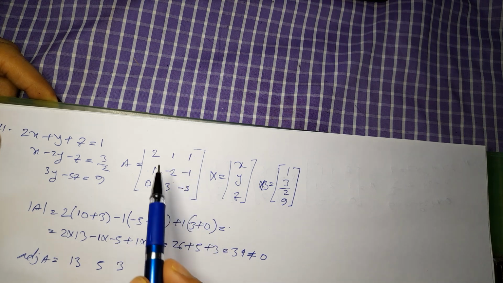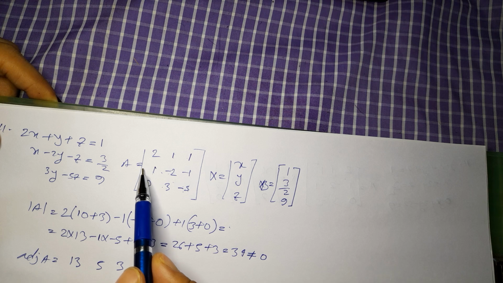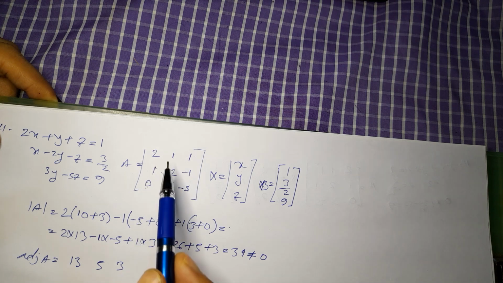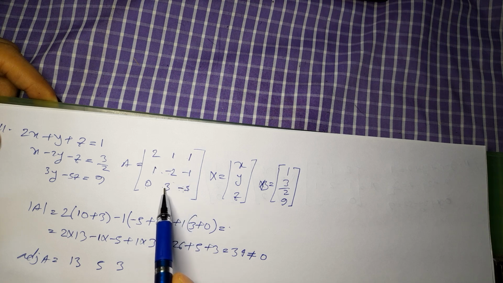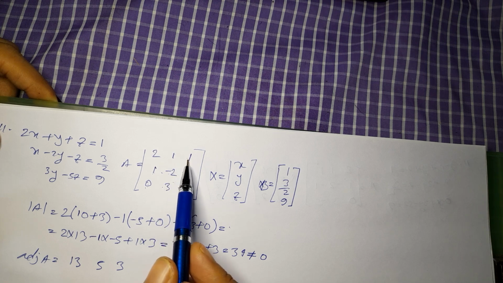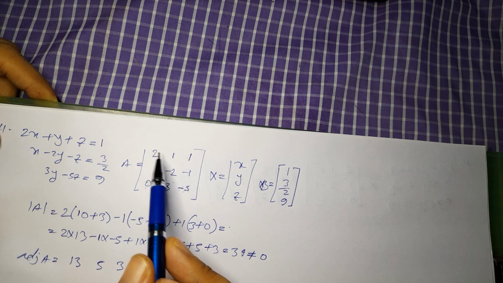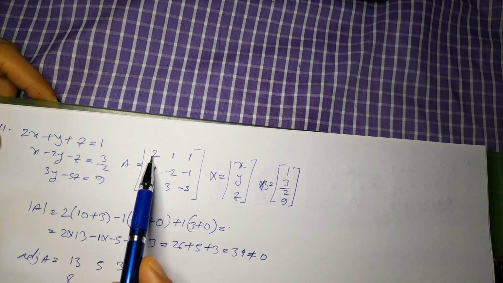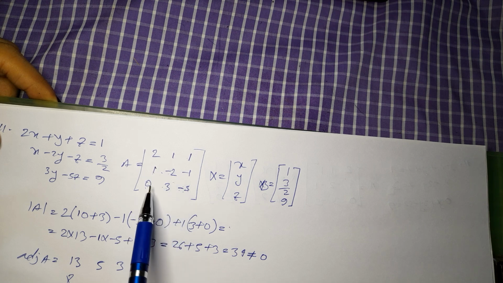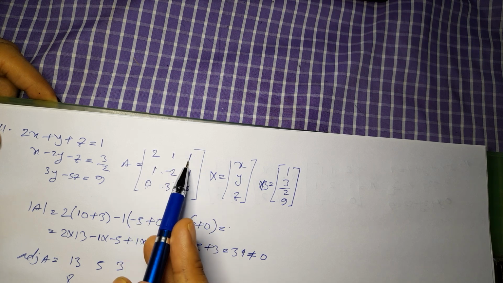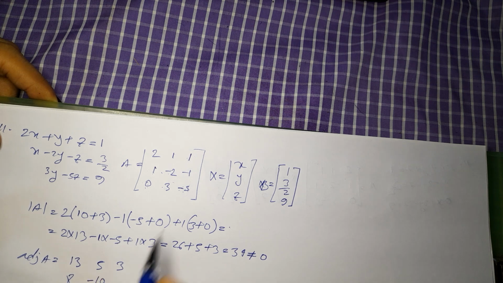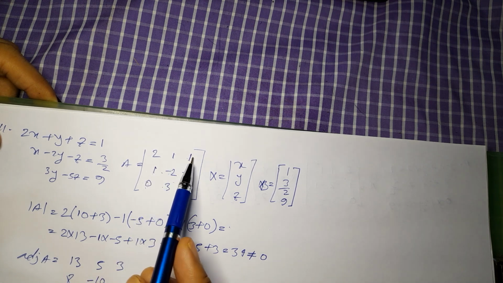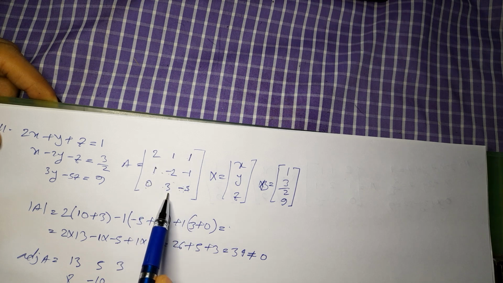Now the first row is complete, come to the second row. Here the sign is negative. Eliminate this row and column: 1 into minus 5 is minus 5, and minus 3, so it is minus 8, and from the formula minus it will give 8. Now here the sign is positive. Eliminate this row and column: 5 twos are 10, so it will be minus 10, and 1 into 0 is 0, so that is minus 10. Now here is the positive sign, eliminate this row and column, so 3 twos are 6,